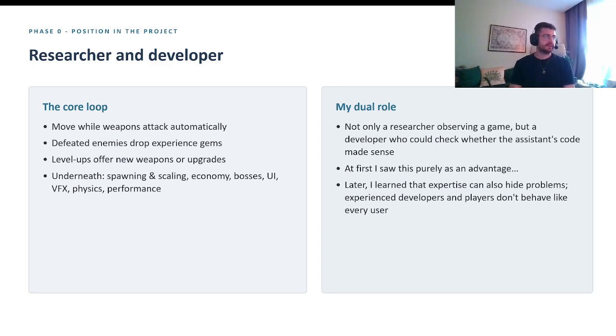As I said, the core loop was rather simple. The player moves around and weapons attack automatically. Defeated enemies drop experience gems, and you can level up by collecting these experience gems. The level ups offer new weapons or upgrades, and as I said, there are many game layers present underneath